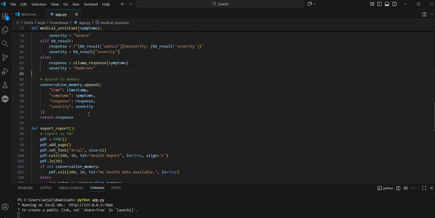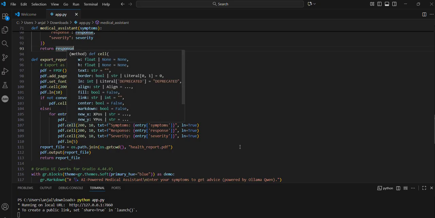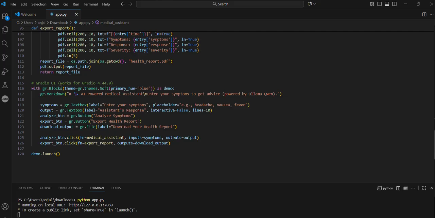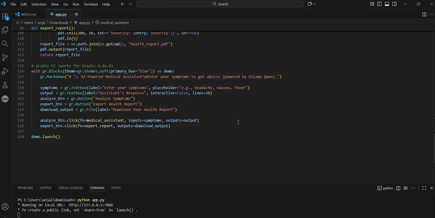Everything is appended, and all the data is saved into the conversation memory for history and future reference. Finally, it returns the final advice to the Gradio interface. And this is the last function, def export_pdf. It initializes a new PDF and sets fonts and headings. And with gr.Blocks, Gradio creates a block interface with a blue theme, heading, text boxes, output boxes, and buttons, and defines